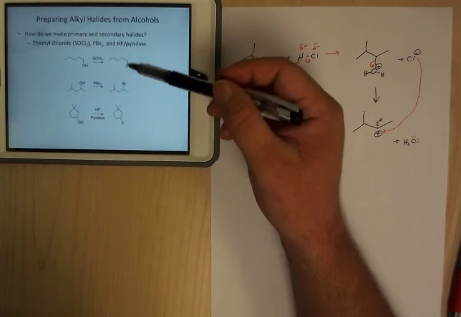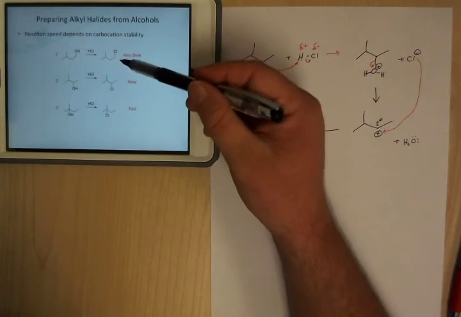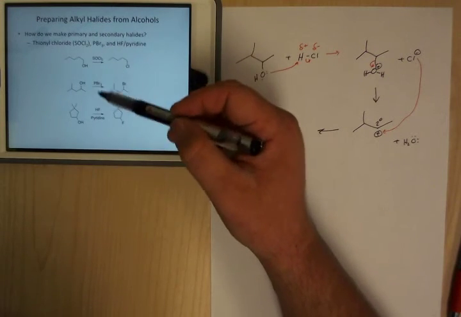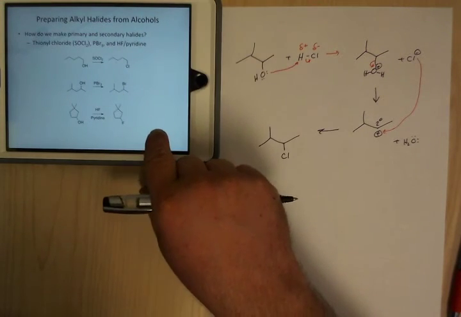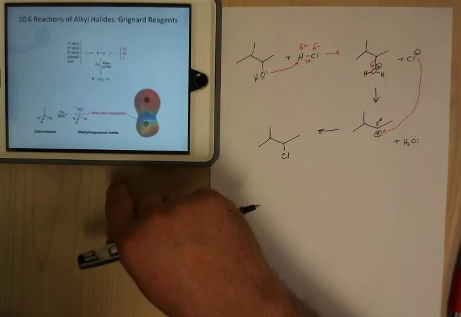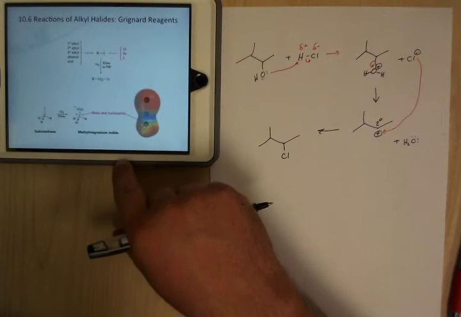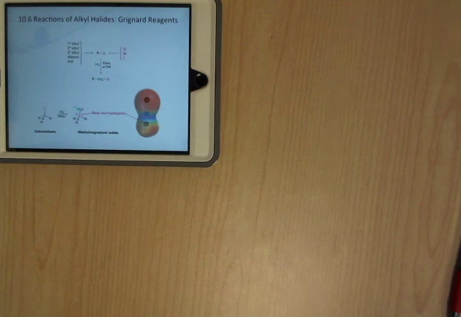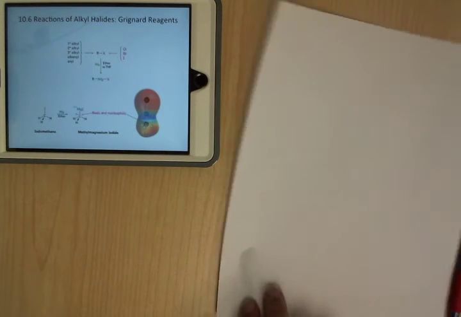But if you really want to make primary, it doesn't work at all with primary OHs. If you want to do that, then you have to switch the chemistry around a little bit. The other thing you can do with these, once you've made the chloride, is do some very interesting chemistry. And one of the more important reactions you're going to learn in this course is the Grignard